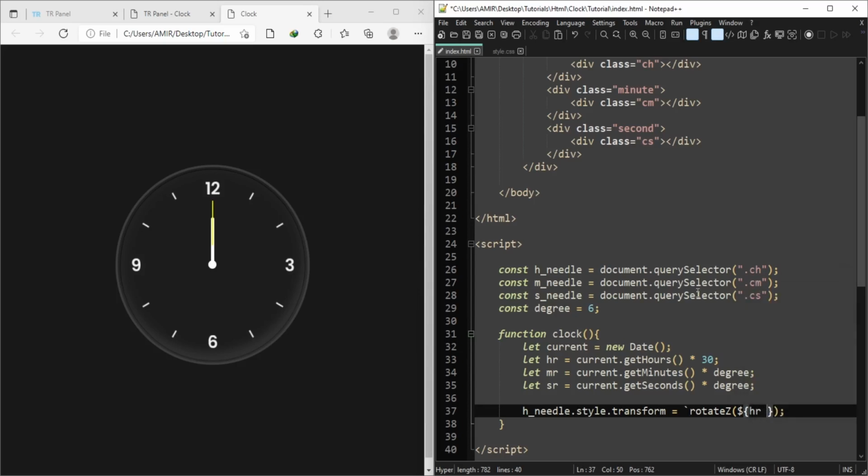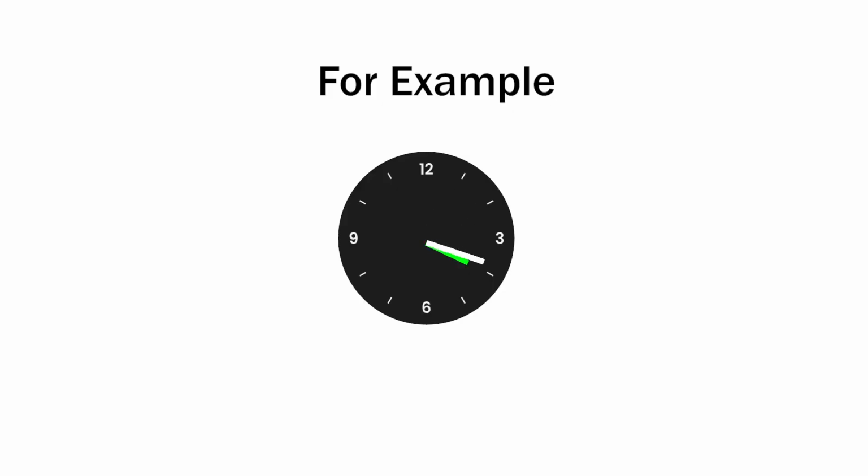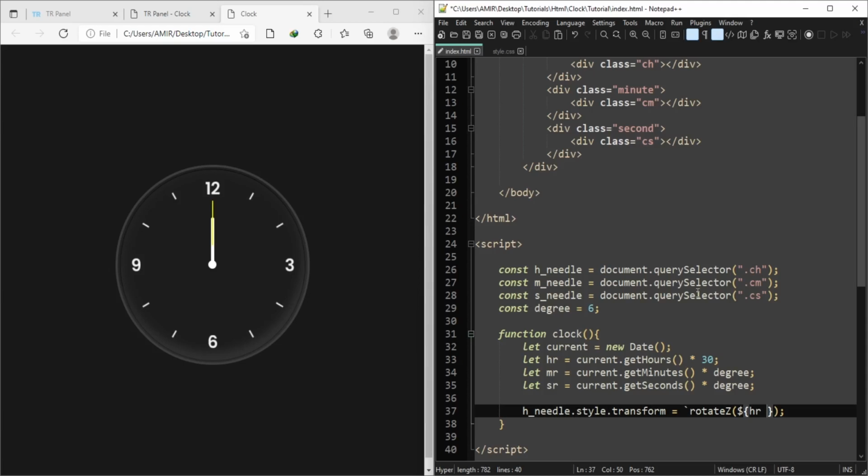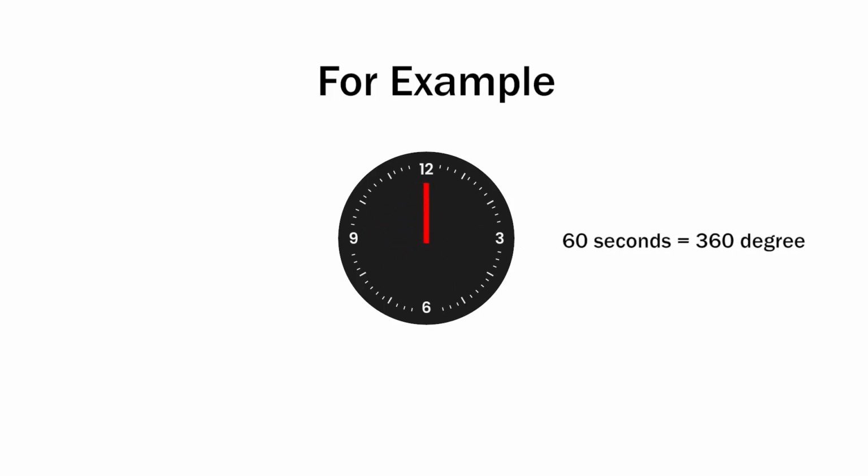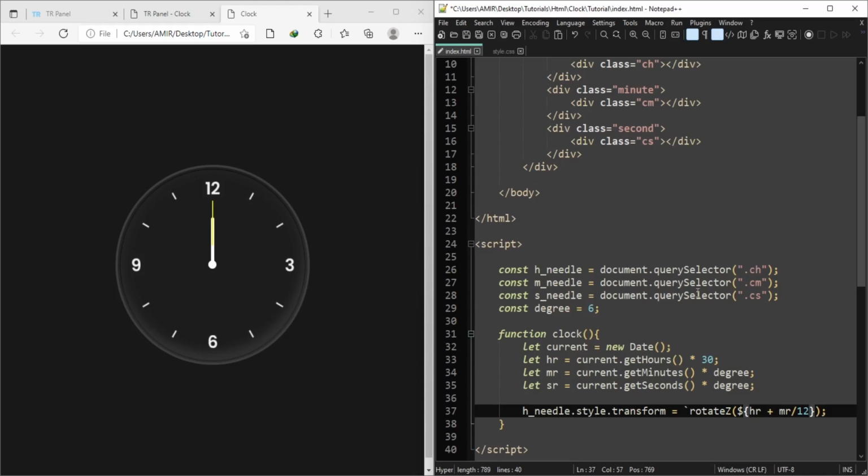Now if you remember in the example we discussed earlier, when the minute stick moves, it also moves the hour stick some distance. So we divide this minute rotation by 12 and then add it to our rotation, because we have a maximum of 12 numbers in this clock. So one cycle will be completed after this 12. So we divided this by 12 and also multiply this with the degree. This is the formula to rotate this hour stick.